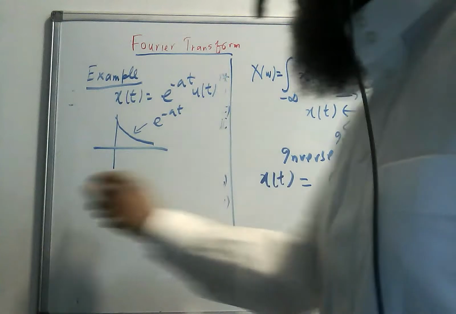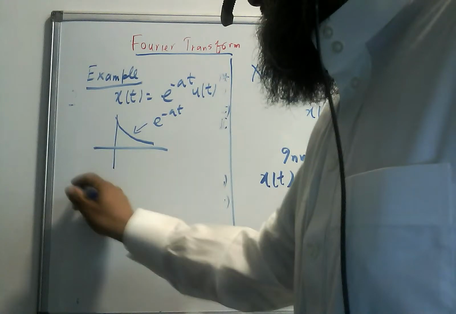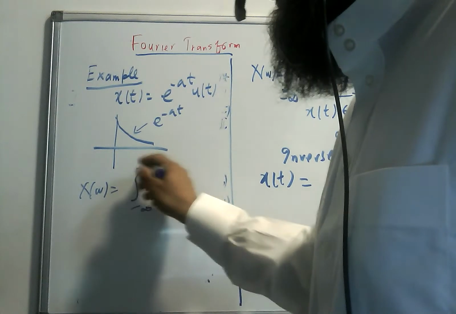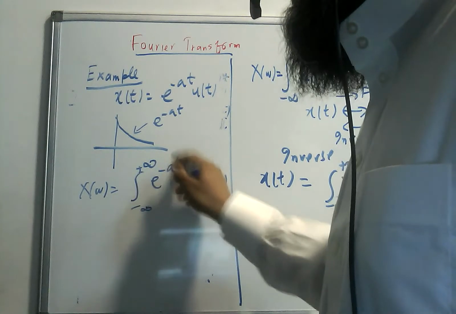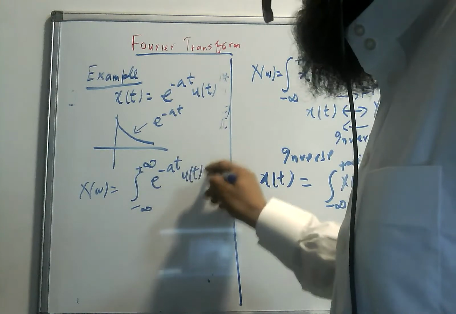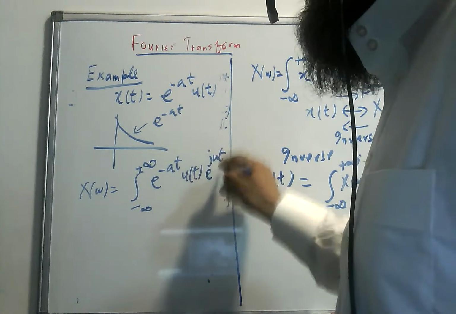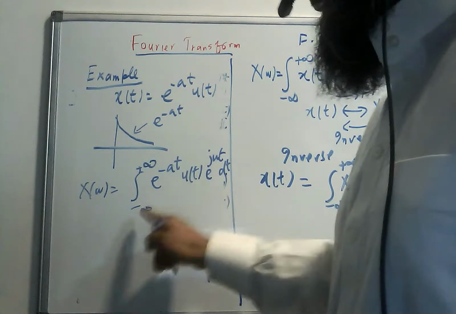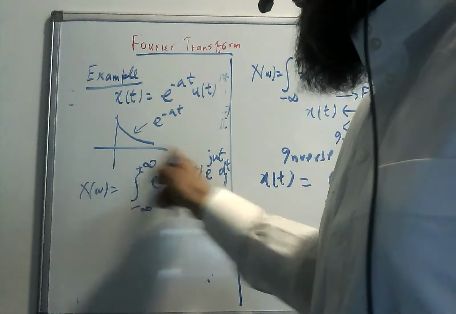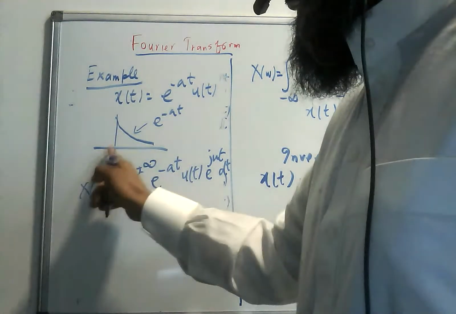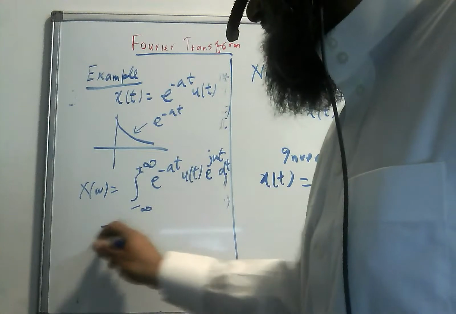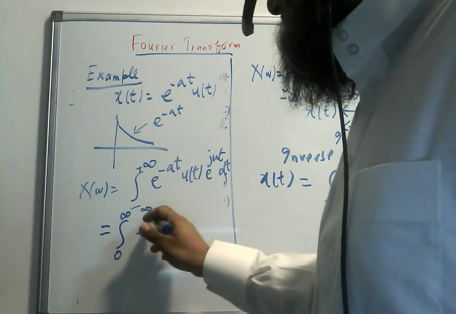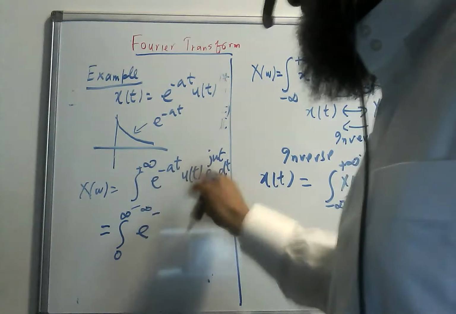Now let us apply the rule. X of omega is equal to the integral from minus infinity to plus infinity of e raised to the power minus at u of t, times e raised to the power j omega t dt. And because there is a unit step, the limits will change from 0 to infinity, because before 0 there is nothing. So it will be e raised to the power minus, I can combine the two exponentials,